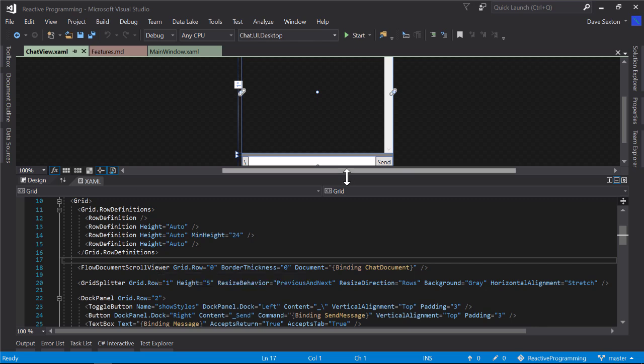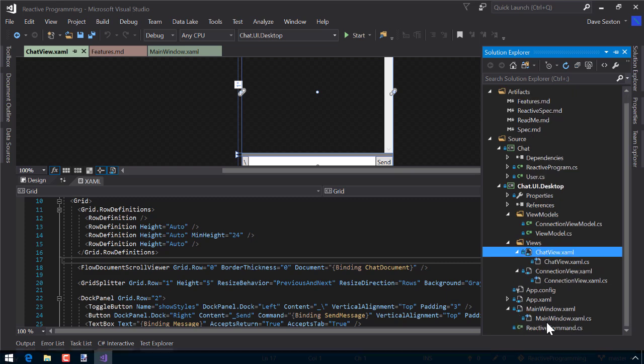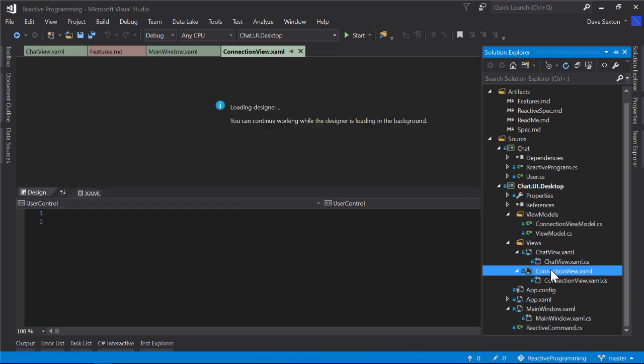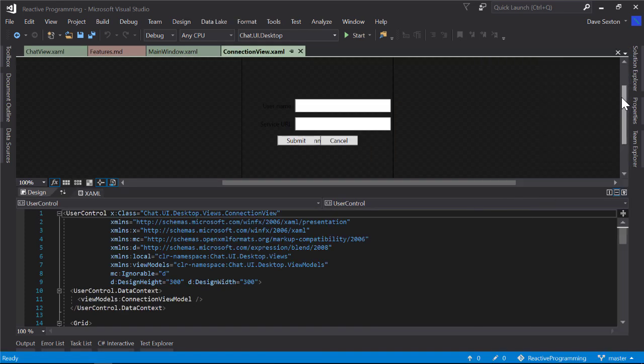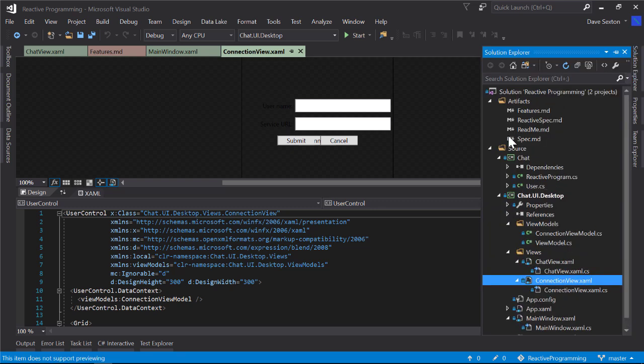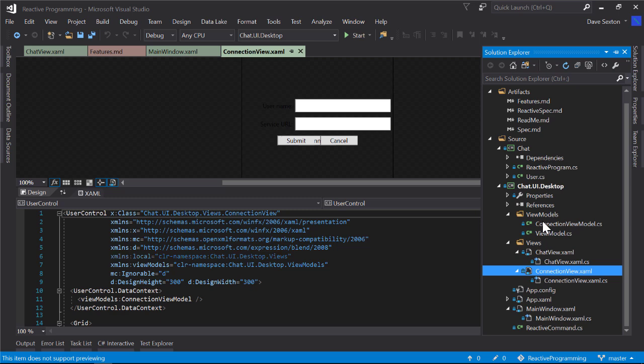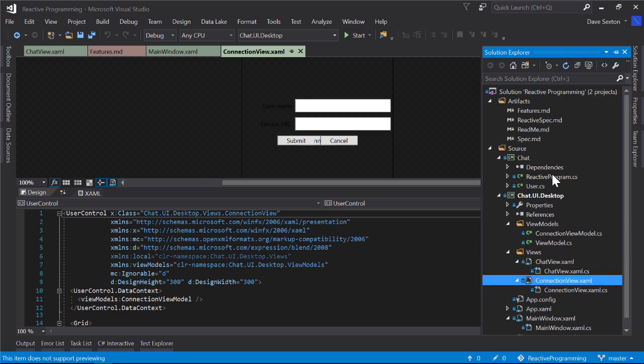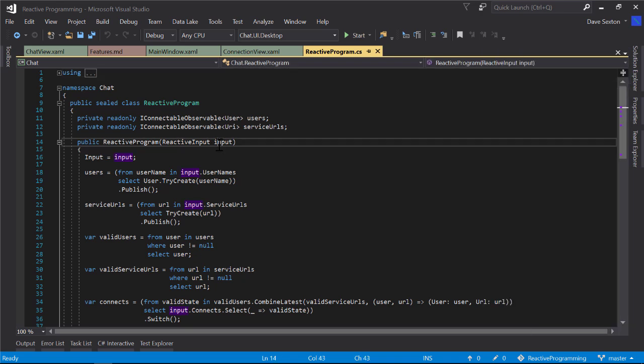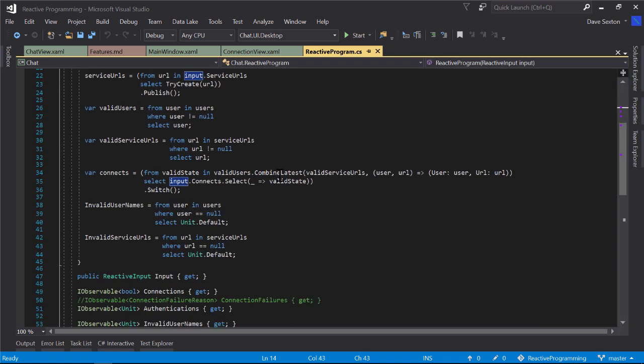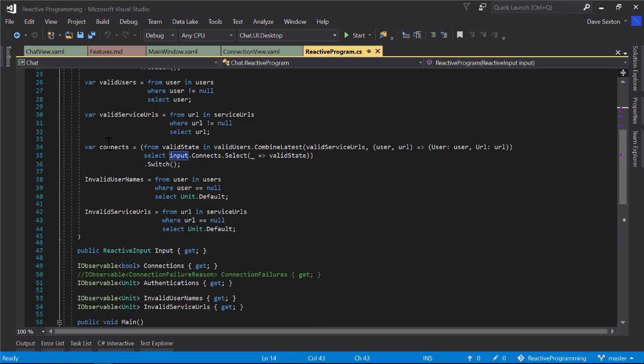And I think we could just take a look at this and see what I've done already. So we know there's the connection view with the business layer, I think, mostly done regarding the connection view, right? Actually, I don't remember how far we got with that. I thought it was pretty close, though. So that would be in reactive program. So in reactive program, we have connections,